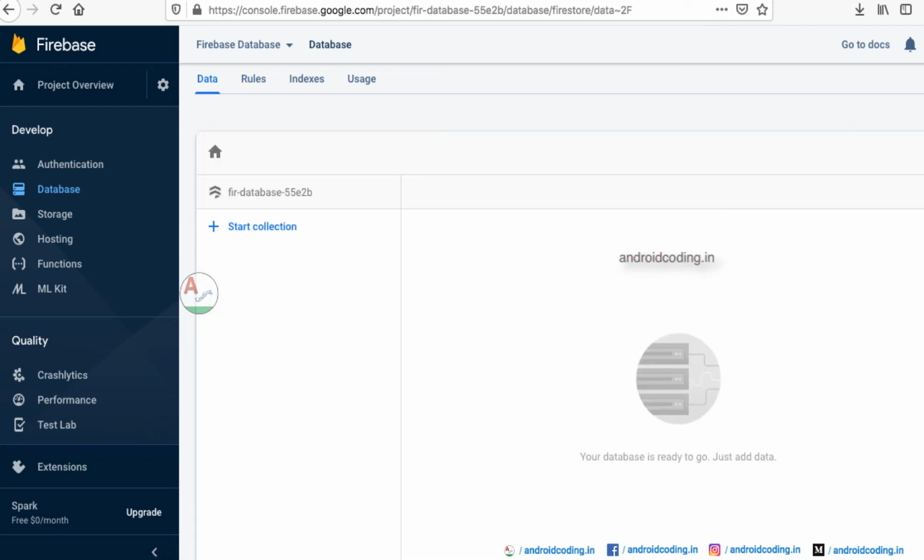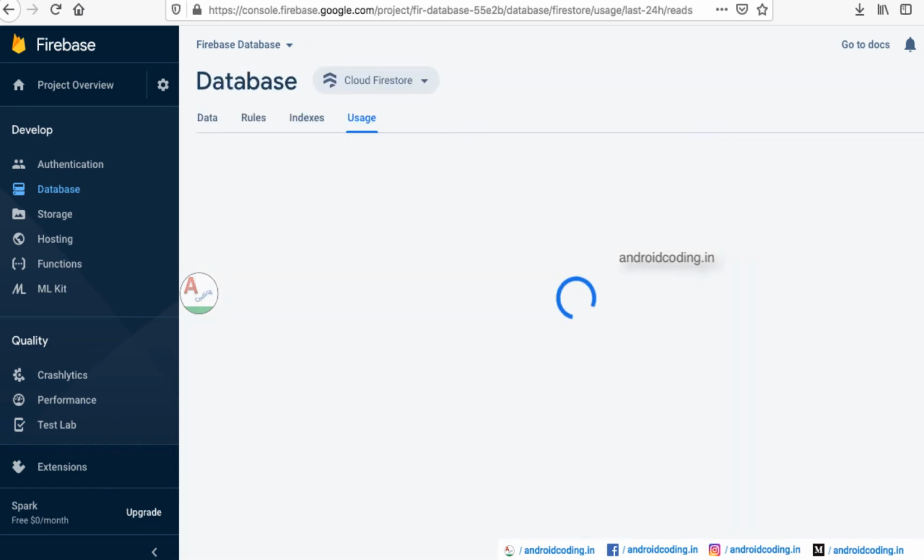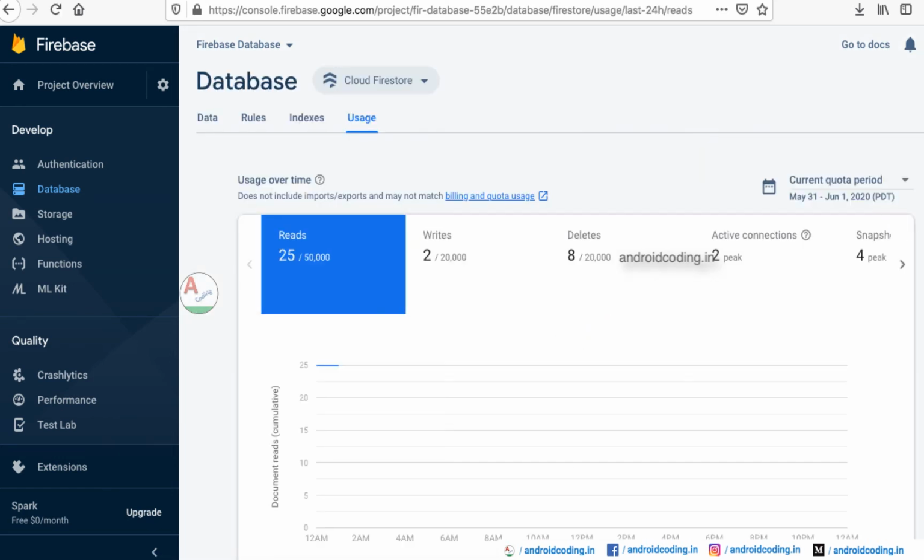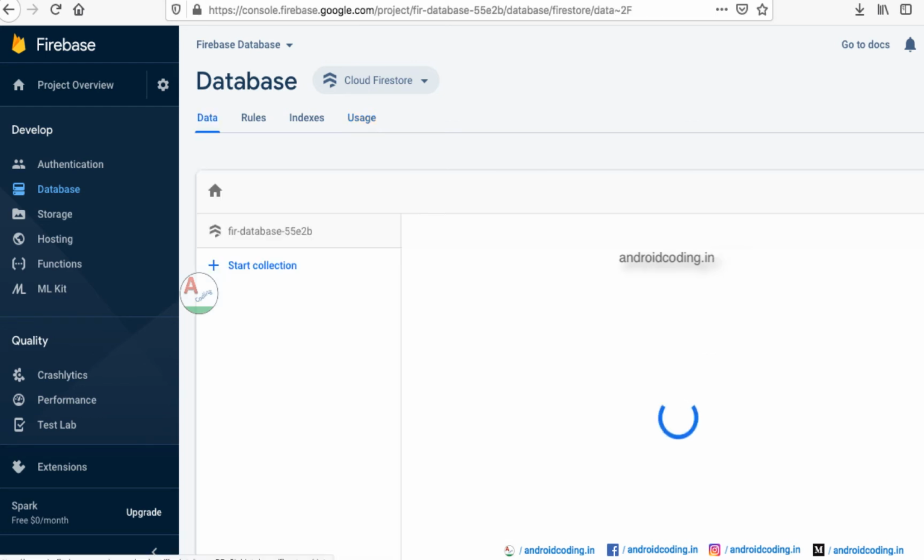Here is our data, and you can see currently it is empty. You can also see the statistics, how many reads and writes. Here you can see 25 to. I have used this database, and for your knowledge I have just cleared all the data, and I am showing you again from the start.